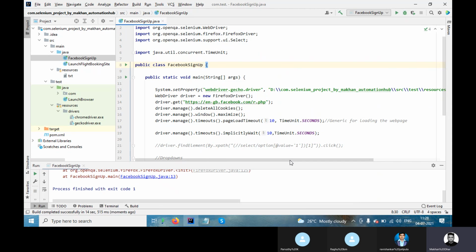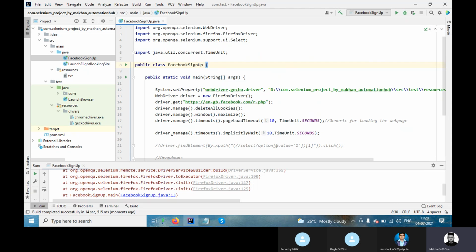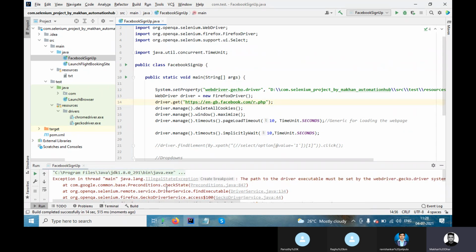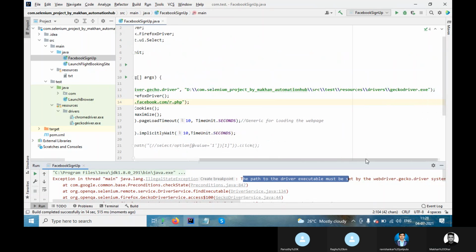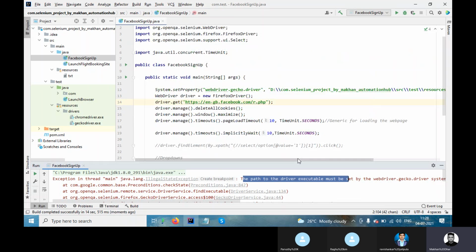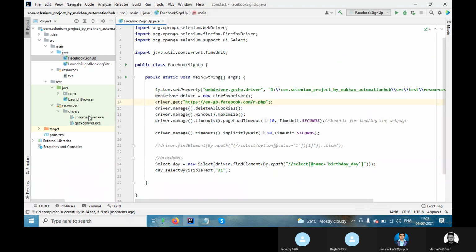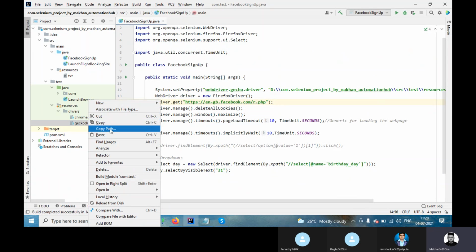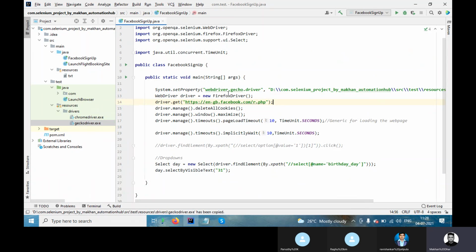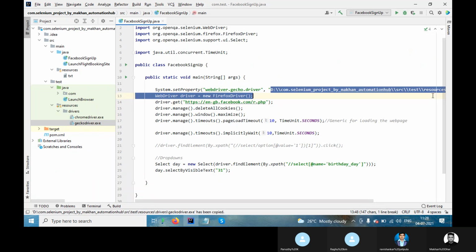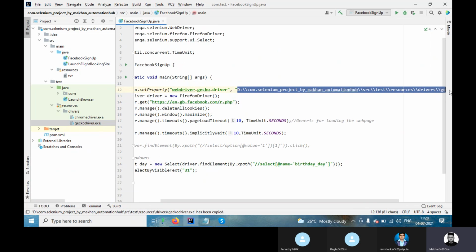Some error I'm getting, why? This error is illegal: the path of the driver executable must be set. Path is correct only.